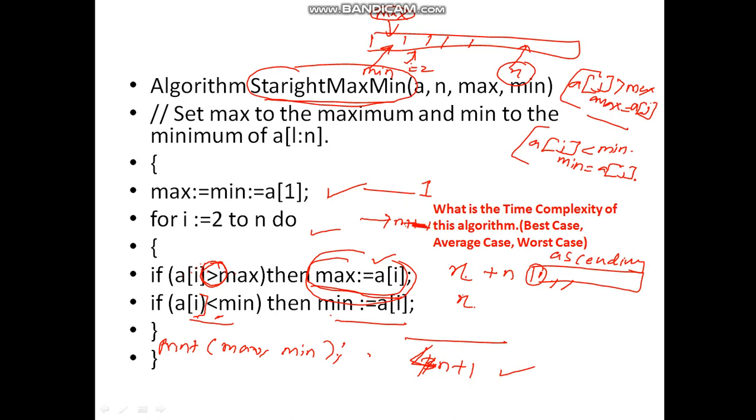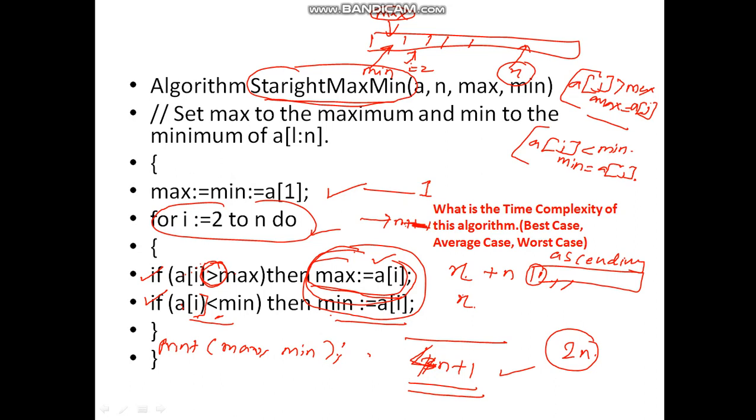If we consider only the comparisons, let us forget about this for loop. If we consider only the comparisons, this is n comparisons and this is n comparisons. Let us again forget about this max is equal to min and all this. So only comparisons, at that time we find that this is 2n. So 2n comparisons are done. Considering all the instructions it is 4n plus 1. So if you have 100 elements, this whole complete program will require 401 instructions to be executed, whereas there will be 200 comparisons.